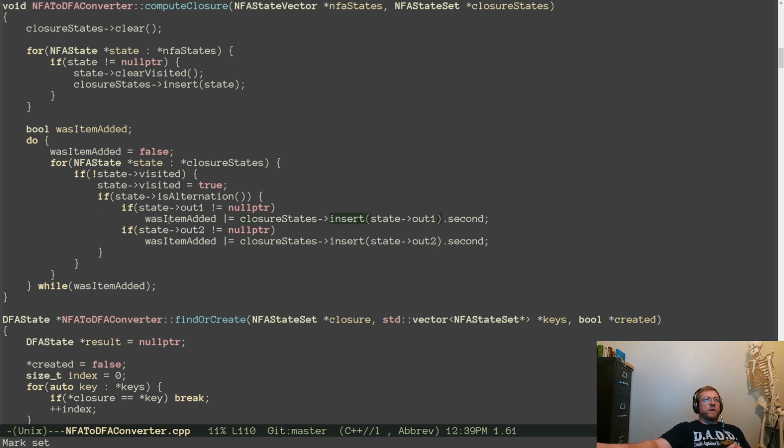If we inserted one, we were told about it. As long as we keep adding items, we'll keep going.